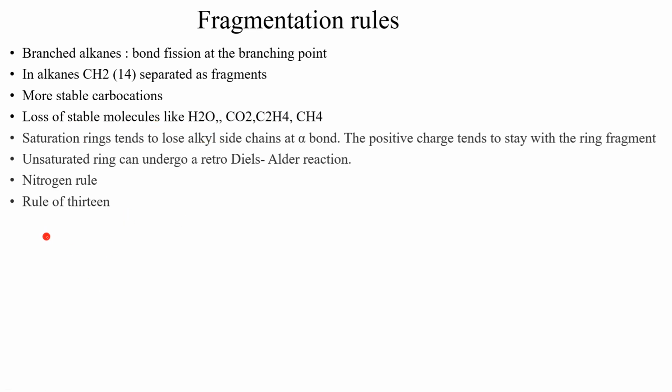For example, let's say you have an alkyl group over here, something like this. This is the radical cation which is formed. Now where is it going to break? It is going to break at this alkyl group, so you have an alkyl radical plus a carbocation. Why did we take this? Because this is a tertiary carbocation. Even in fragmentation, the tertiary carbocation is more stable than primary or methyl. So in this case you will get this carbocation as the base peak. This is how the cleavage will take place.